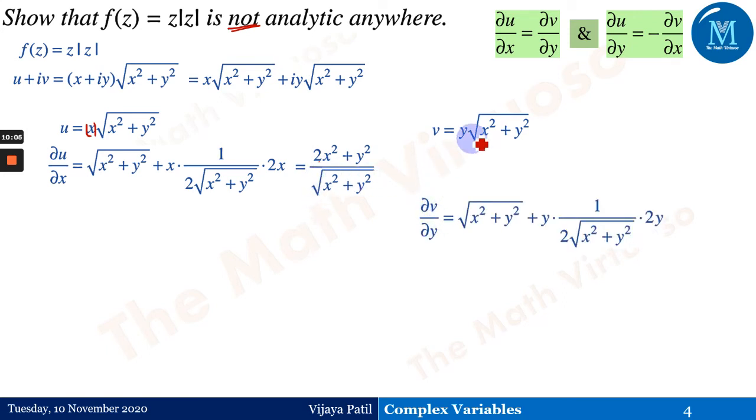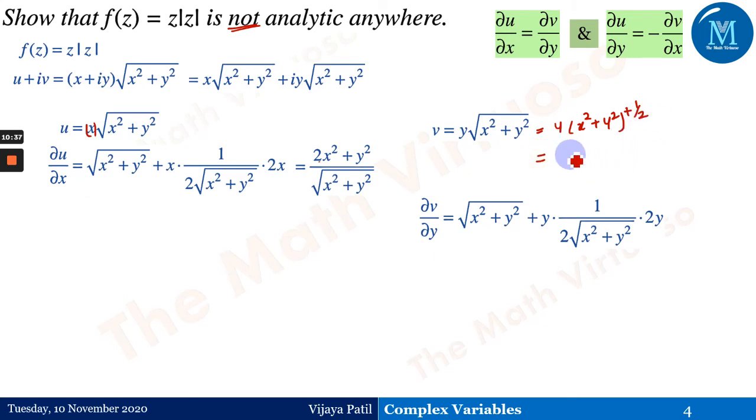Similarly, the same thing will happen here, because the differentiation of v with respect to y will give me 1, and two functions. Again, both the terms are almost similar if you observe here, because it's a square root of x square plus y square. Differentiation of y is 1 plus y as it is into differentiation of this square root. Now this you can write as y into x square plus y square to the power half, and then you can do the differentiation here.